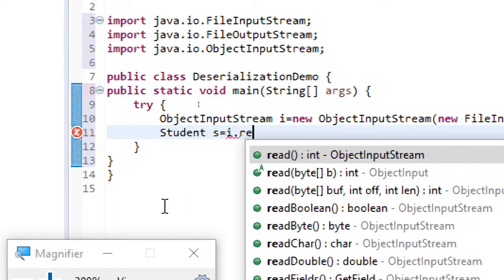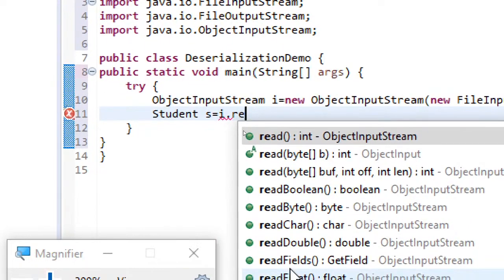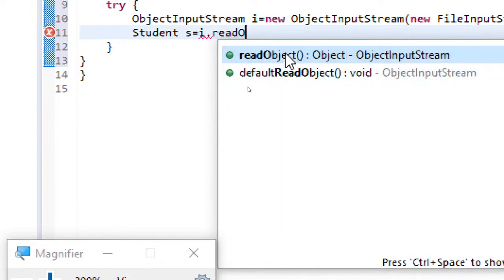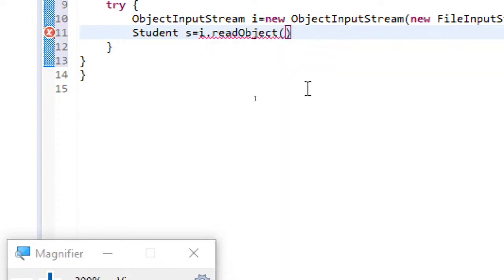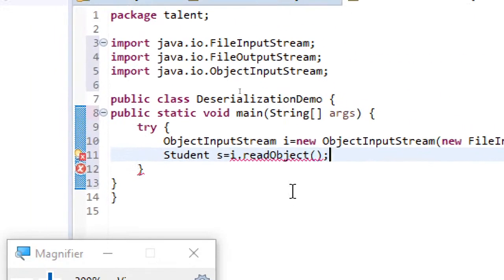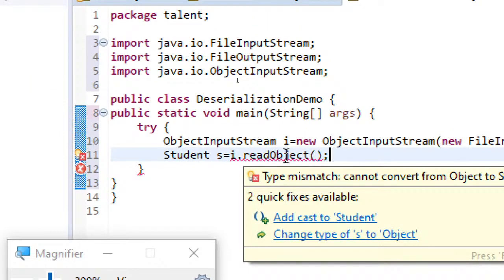Here you can see you will find a method readObject. So we are using that. What is that? Okay, this is the advantage with the IDE: it will give you the quick fixes.